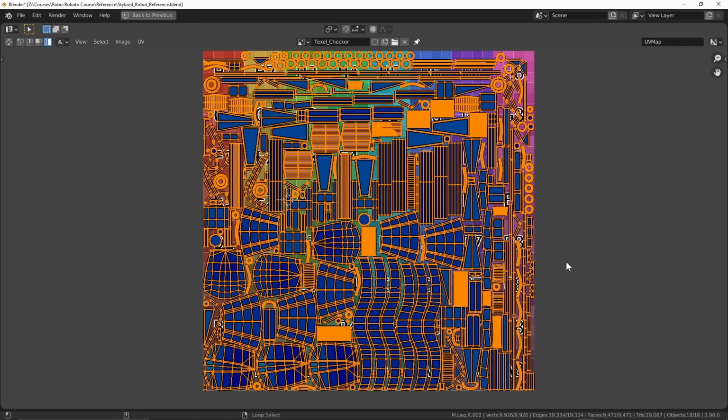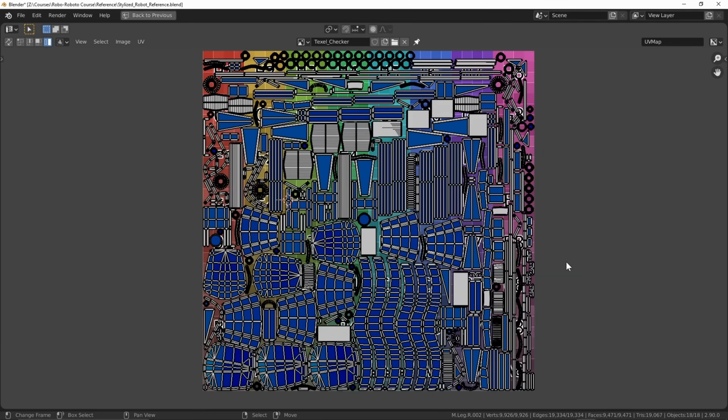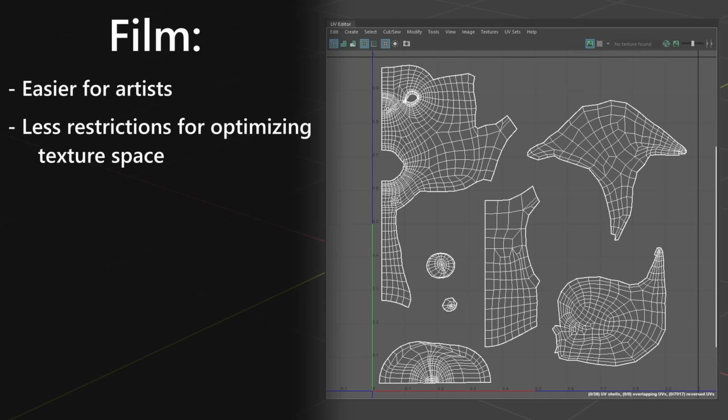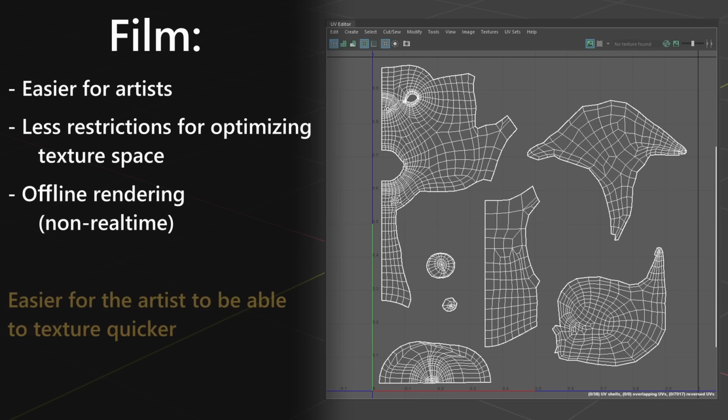Here is where film and games begin to differ a little. Unwrapping for films is more oriented towards making texturing far easier for the artist, as there really is no limit to the amount of textures they can use since everything is not rendered in real time. The optimization here is that an artist that can texture quicker is an artist that can work faster. Because of this, UV unwraps of models can look rather spacious and somewhat easy to identify even at a sheer